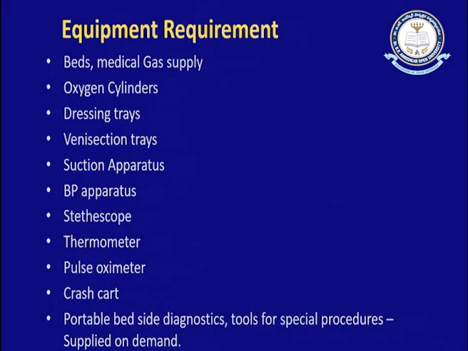Here, if you see, there is a whole list of equipment that is required: beds, medical gas supply, oxygen cylinders for providing any ventilation that is required for the patient, and dressing trays. In each ward there should be dressing trays, venesection trays, and different kinds of trays maintained for catheterization of patients, to provide IV lines, and suction apparatus, blood pressure monitoring devices, stethoscopes, thermometers, pulse oximeters, and a crash cart, where emergency medicines and regular usage medicines can be kept